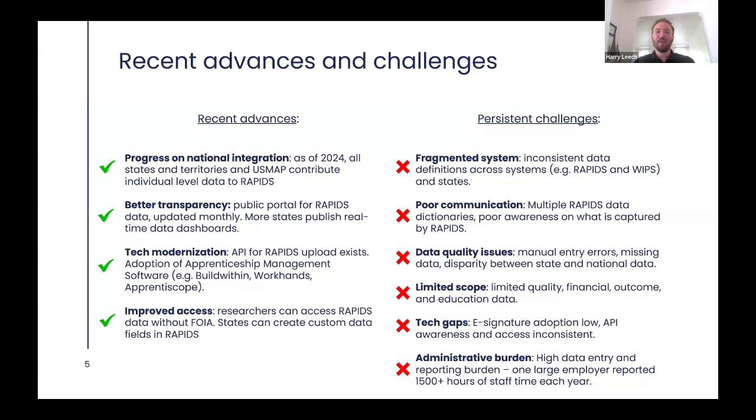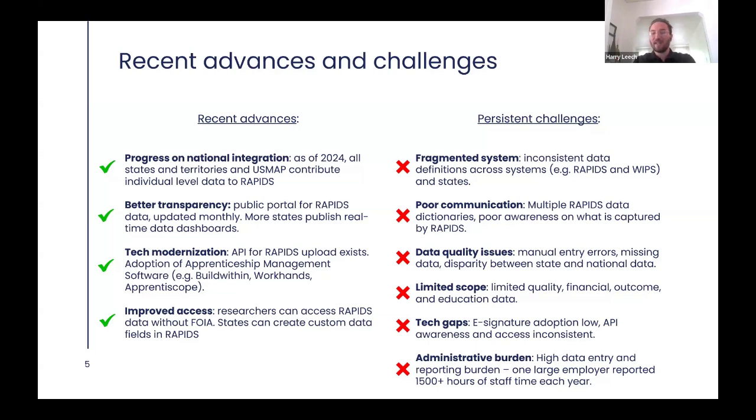Take an example of a large employer running a program across multiple states. They're going to be reporting information into Rapids, maybe into a few different state systems. Maybe they have some federal grants, and they're doing grant reporting separately from that. All of those things are run quite separately, and we don't really have oversight or governance over that. That is really increasing the administrative burden on data quite a lot.